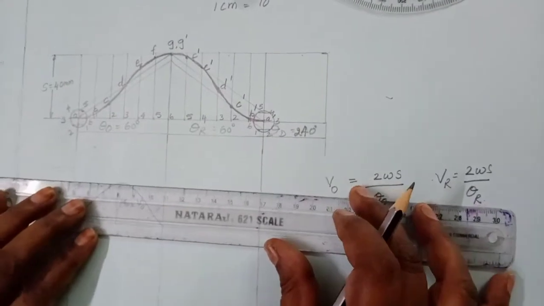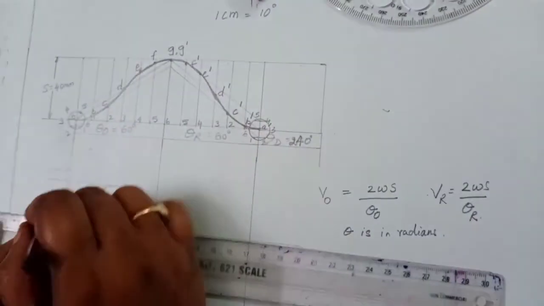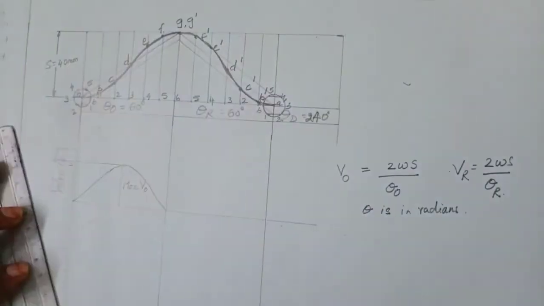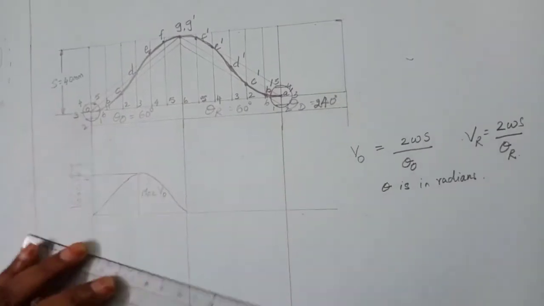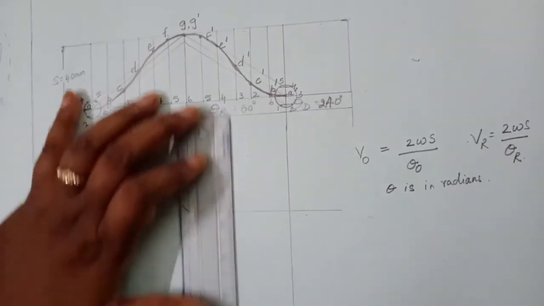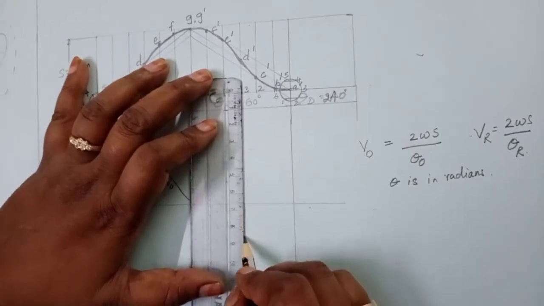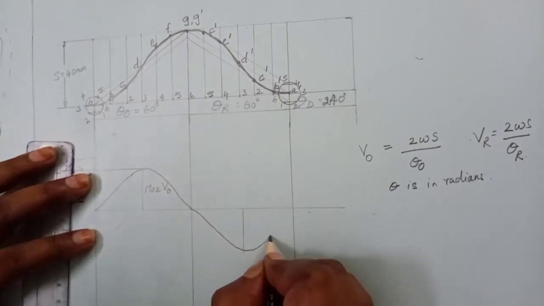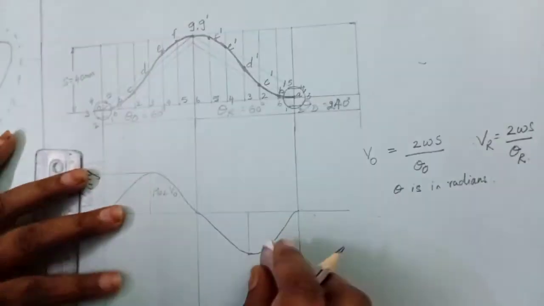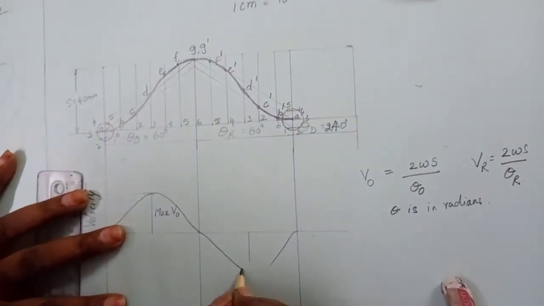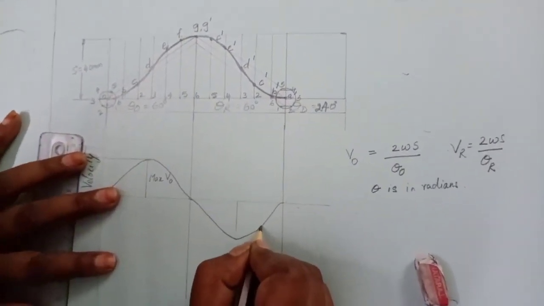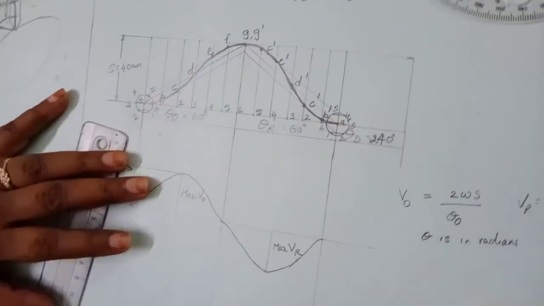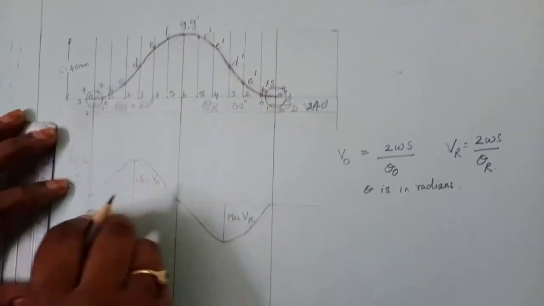So this is the shape of the velocity diagram in the cycloidal motion. So this is your velocity. You just give that velocity in the y axis. In the same way, for the return stroke also you have the same length. So in the middle of your displacement diagram, you just draw this and now make it like this. So here you will get maximum velocity like this. So maximum VR. Okay. So whatever value you are getting, you have to take it as a scale.